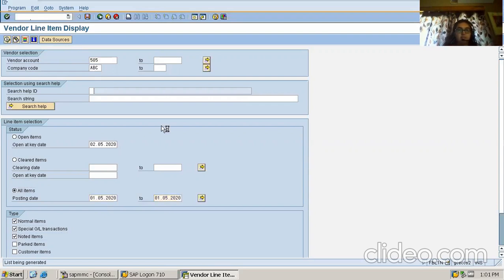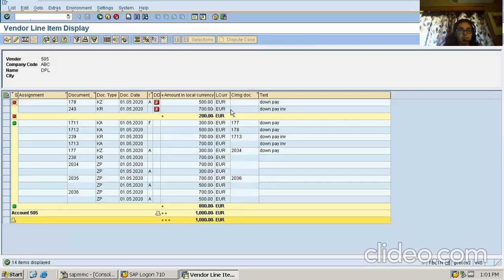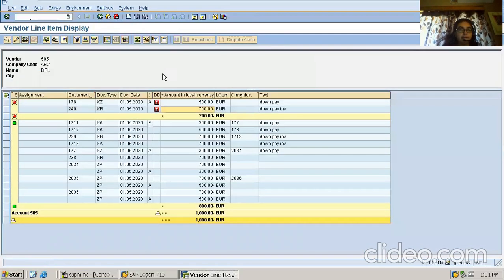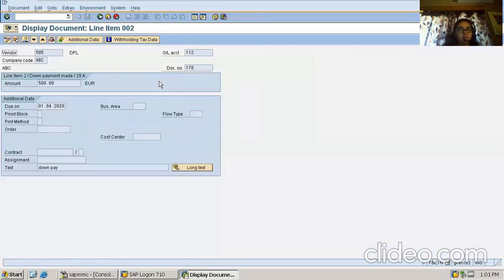Executing this. Yes, see, this line has come up as the KR document. KR document means the vendor invoice, which has got posted just now. Now I am going inside. Yes, it is posted. Going inside the first one, that is the down payment one.